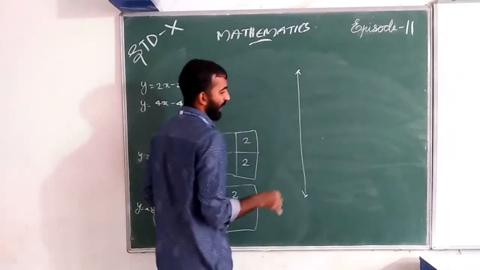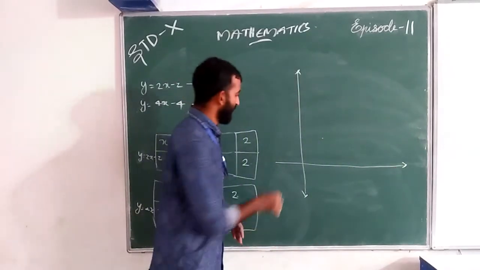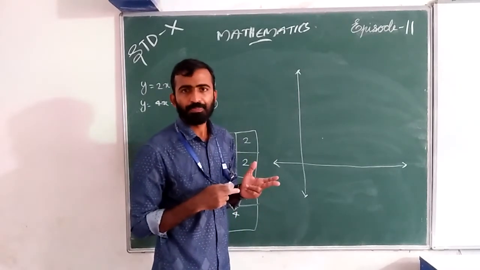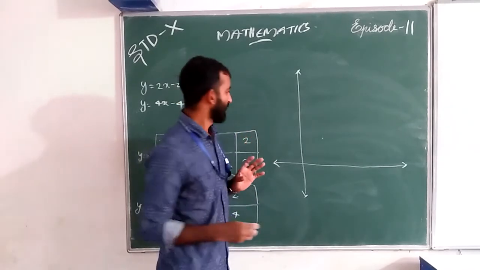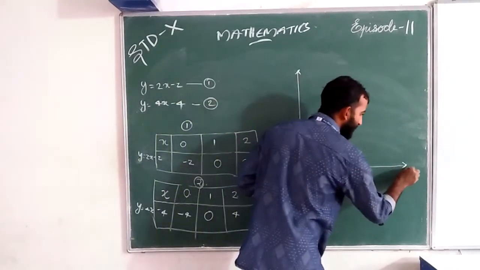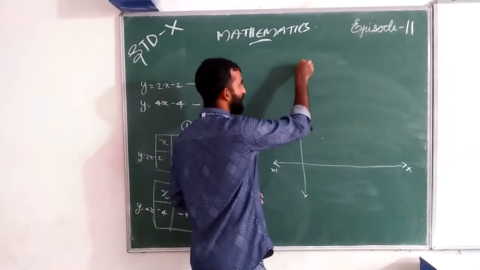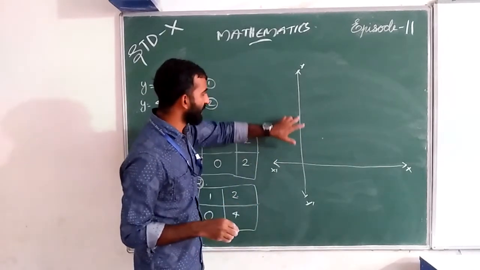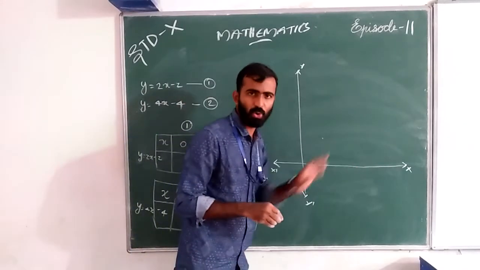My picture is rough. You must draw it neatly with the help of a pencil and scale. Then you get the correct or accurate graph. This is the x-axis and this is the x-dash axis, this is the y-axis and here is the y-dash axis. We denote the numbers of the y coordinate here and the x coordinate here.